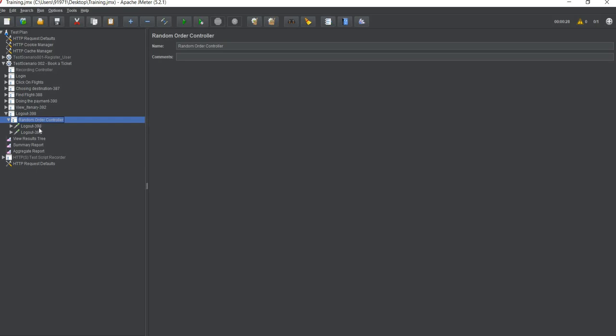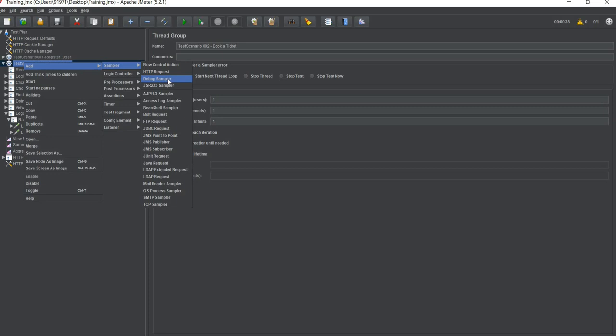But after putting the random controller, it picks up the requests randomly and executes them all once. There might be a scenario where it chooses 399 first and executes it, and then 398, but in this particular scenario doing this will cause an error, because whenever the server gets a 399 request, it expects that it comes from a referrer which is 398. So it depends on what kind of scenario you want for the components.